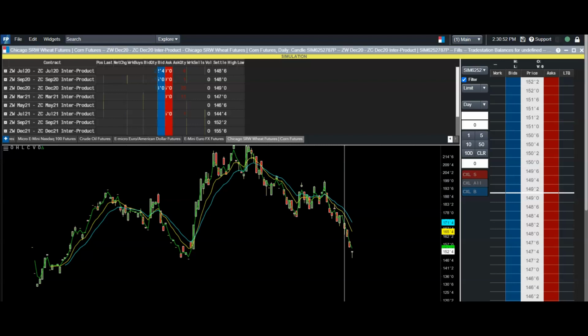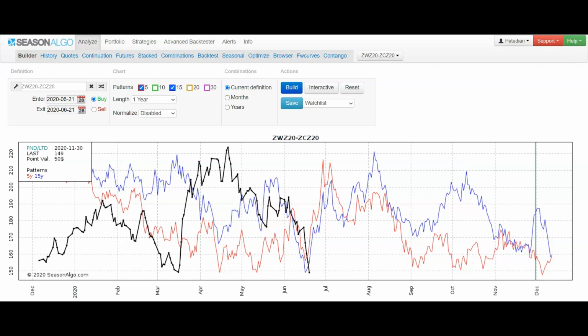On fundamentals, the only thing I look at that's forward looking is precautionary. You're understanding that geopolitics or weather is going to really skew your spread, bottom line, and you just can't predict any of that. So I don't mess with that. I just try to not be a part of any of that. I use a technical and a seasonal approach, mostly technical now, and I'll use Season Algo again to look for these extremes, and then I'll dig in deeper.